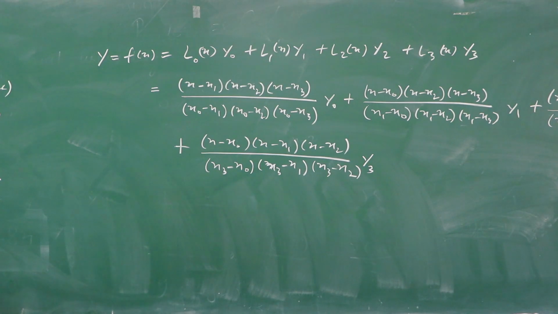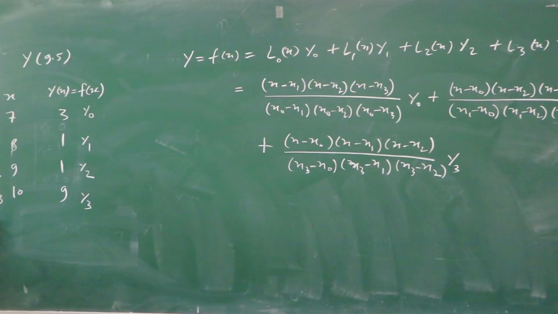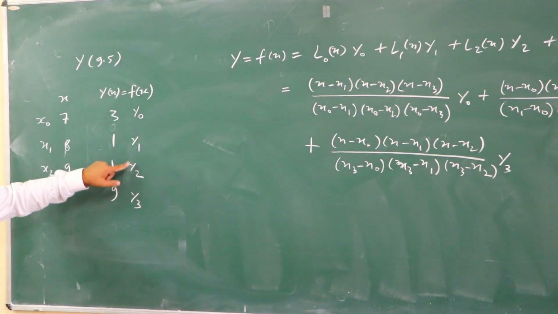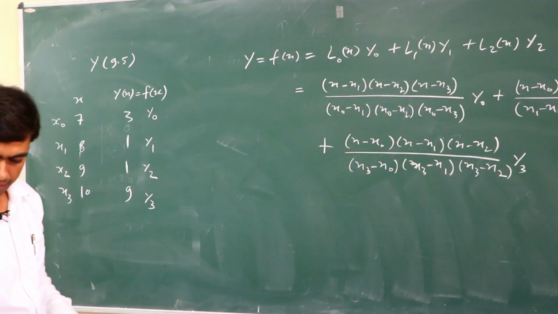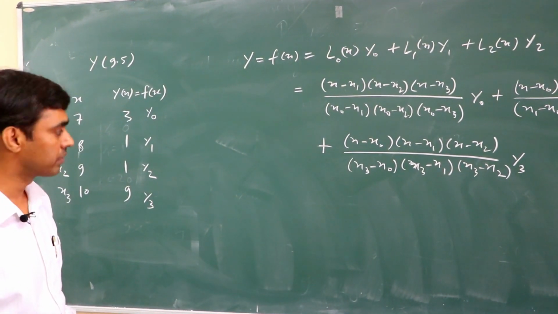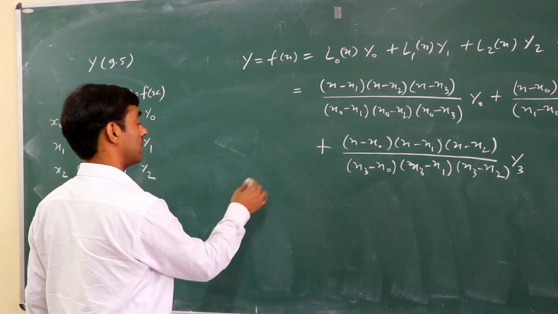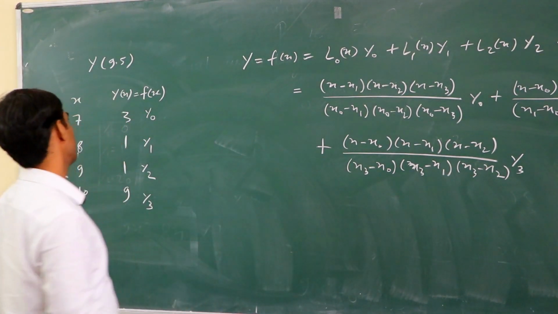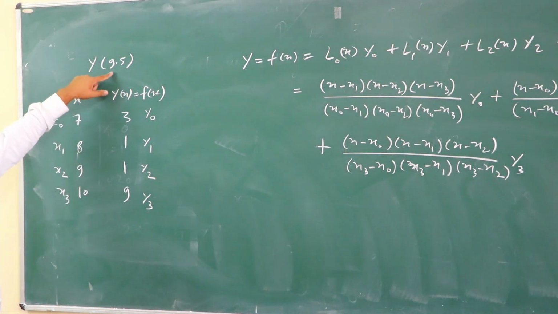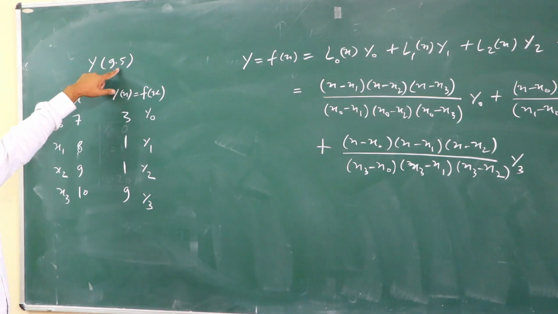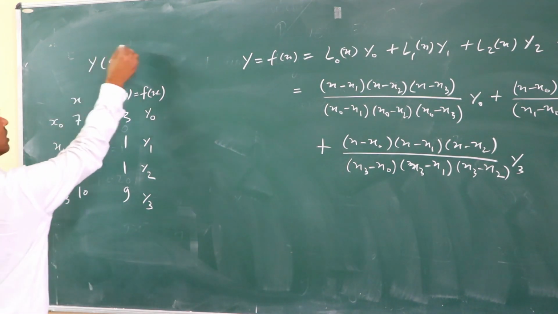Just put the values of x0, x1, x2, x3 and y0, y1, y2 and y3, and we find the desired solution. The desired solution is the value of y at x equal 9.5. So we put x equal